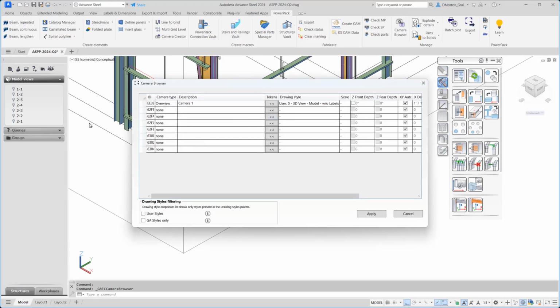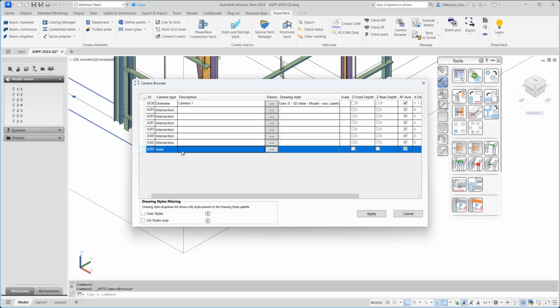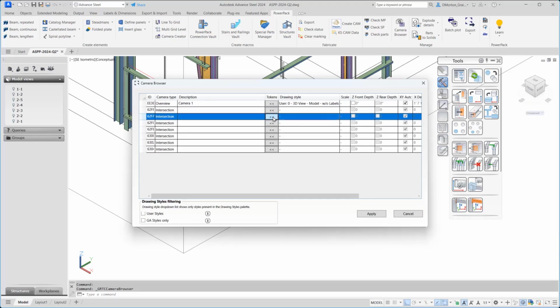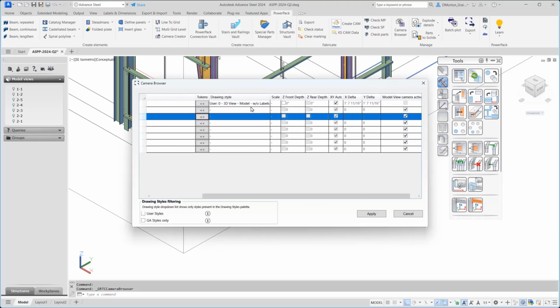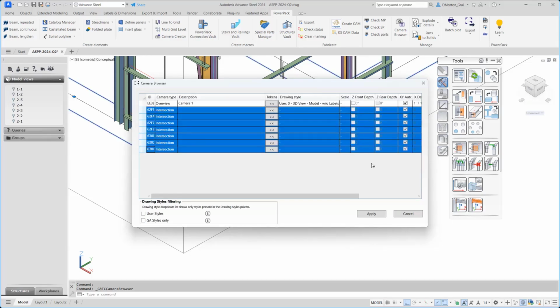So for example, all of these grid line cameras are not set up with any information. I could select those, come into here and change those to intersection. I could set descriptions for them from here. I could then go in and use tokens directly from here as well. The drawing styles could be set. So if I wanted to, for example, for each of these,